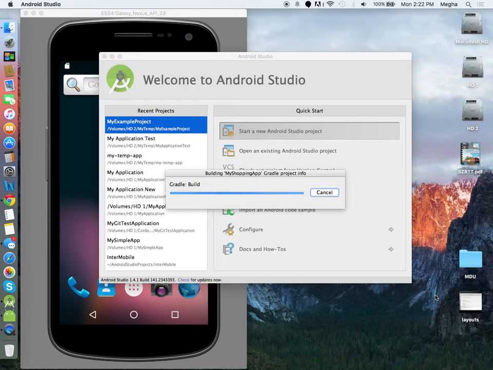My system takes some more time to load the entire project. I hope it is same for you also.